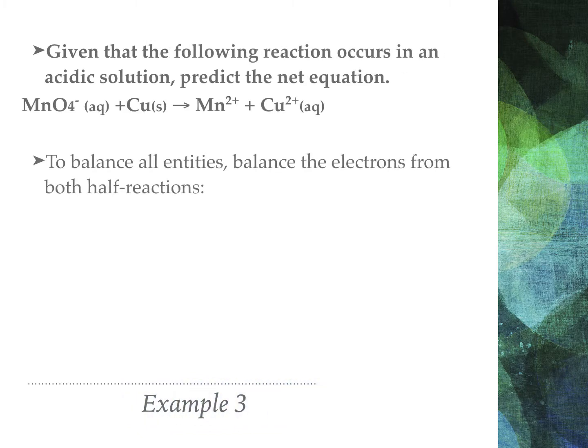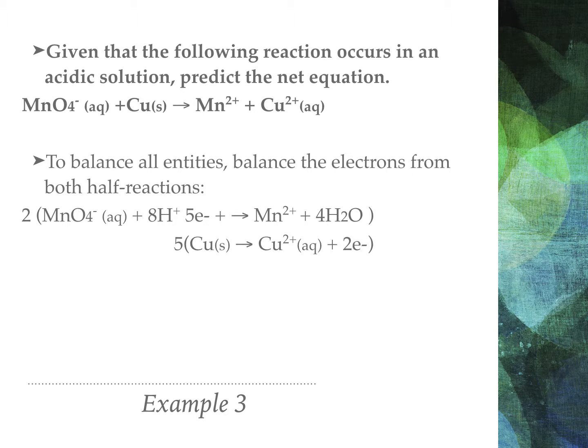To balance all entities, balance the electrons from both half reactions. Since our first half reaction has 5 electrons and our second has 2 electrons, the lowest common factor is 10 electrons. Therefore, we're to multiply one by 2 and the other by 5. This gives us 10 electrons on both sides. Hence, the electrons cancel, leaving us with the net equation of